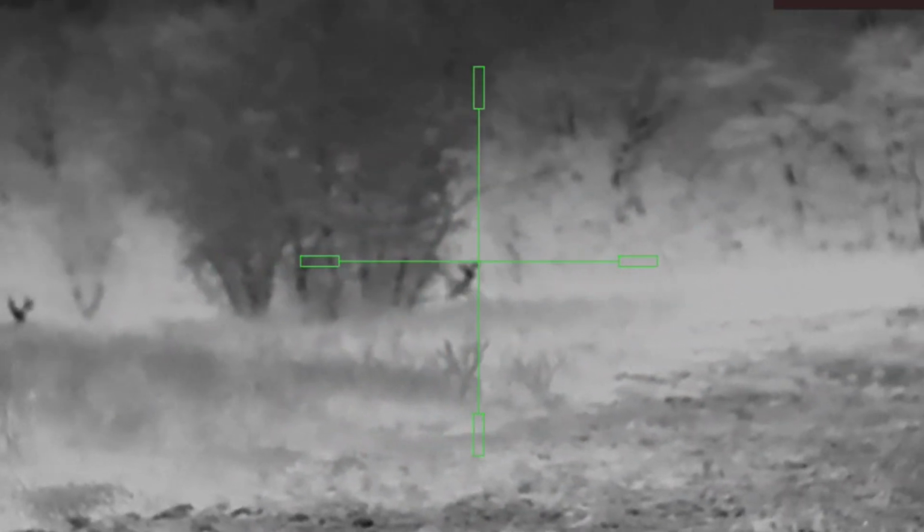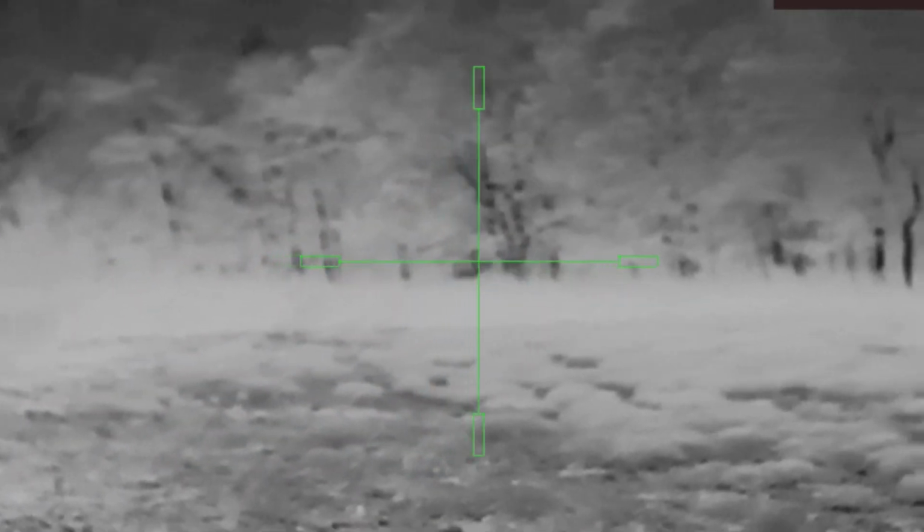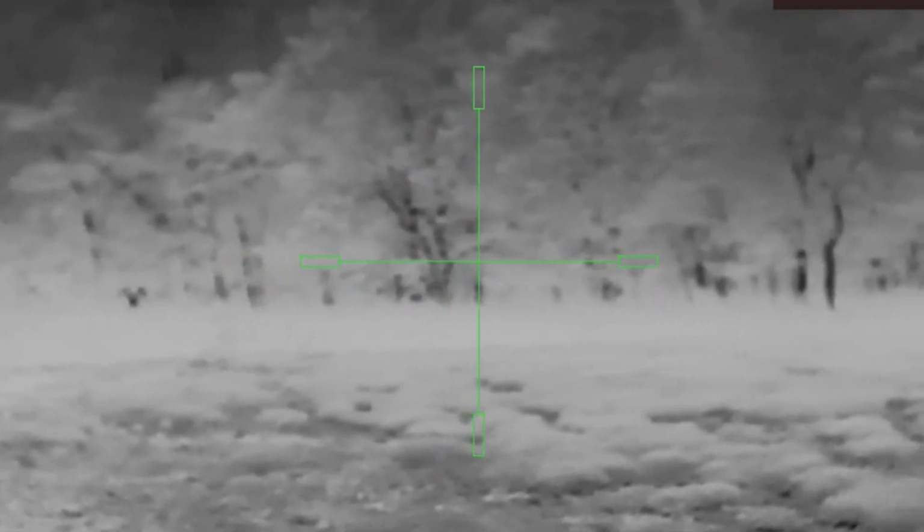There, I can see him way out there. Oh, that's a good buck. There's one good buck in there. That's the 3rd buck. I got him on the video, yeah. Perfect. He stopped right behind the...